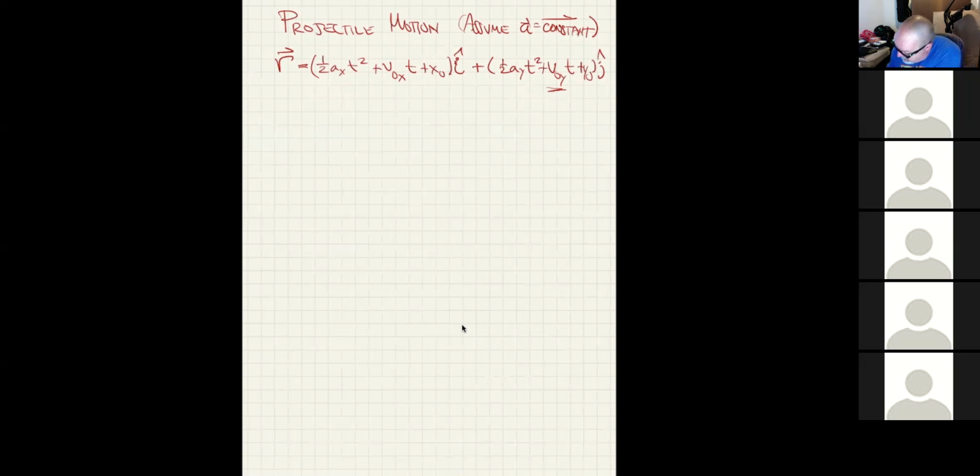So if we make the further assumption that there's no air resistance, well, that means that a is just equal to negative g in the j hat direction. Okay. And if I also assume x0 is equal to y0 is equal to 0, i.e. it starts from the origin,